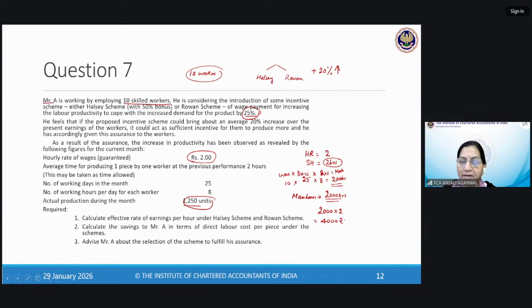But he has said, "I guarantee you will get at least 20% more. So give me more production." Based on this, the workers were actually able to produce 1250 units. Otherwise, if they had worked at the standard rate, they would have produced only 1000 units, which means that 25% productivity is achieved. So we have to calculate the effective rate of earnings per hour under the Halsey and Rowan